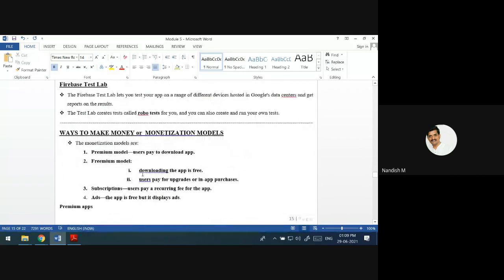How to make money from these apps? In 4 ways you can make money from these apps. One is premium apps that you have seen, freemium models, subscriptions, and ads. What is the premium model? If you want to download the app from the Play Store, you have to pay.